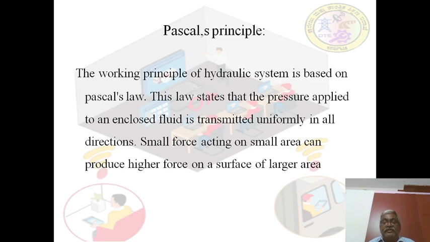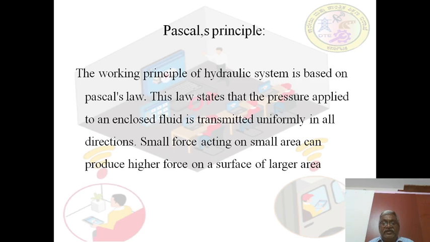Next, the hydraulic system works on Pascal's principle. So what is Pascal's principle? This Pascal's principle states that the pressure applied to an enclosed fluid, or to the fluid confined in a confined volume,